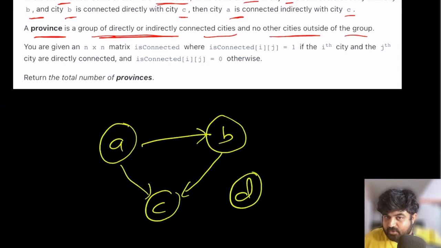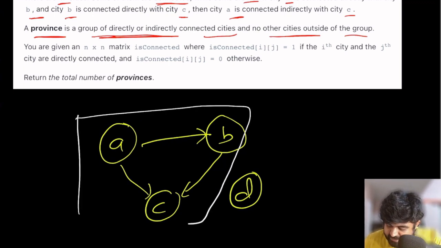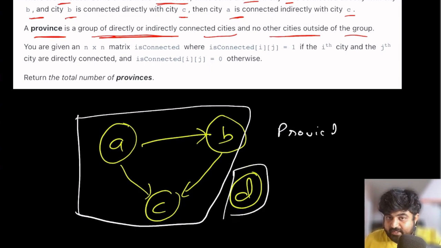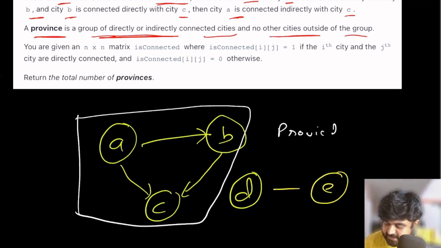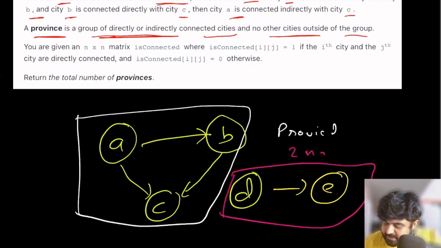Currently D is not connected with anyone. In this case, we can define that A, B, C makes a province, and D by itself, since it is not connected, is not making a province. But suppose we identify another city E that is connected with city D, then we can define this to be the second province as well.